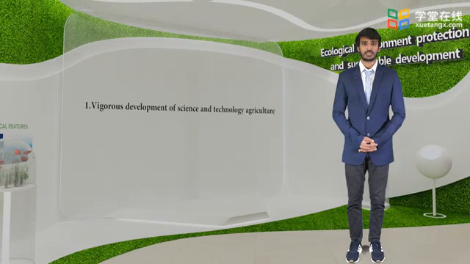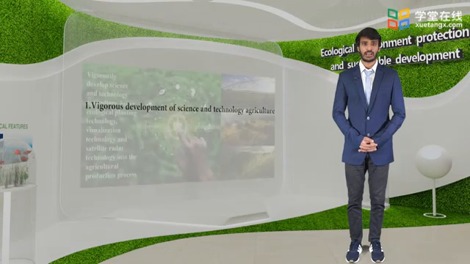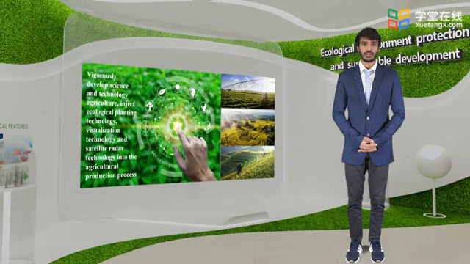Vigorously developing science and technology agriculture means injecting ecological planting technology, visualization technology, and satellite radar technology into the agricultural production process. These science and technology applications to the base allow the growth and development of the base crops and livestock animals to be clearly presented in computer videos at any time and anywhere,